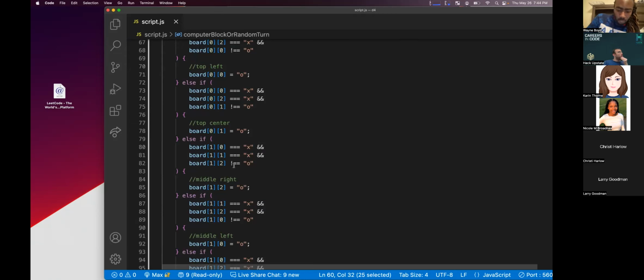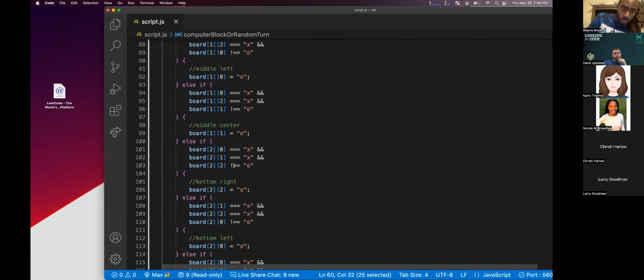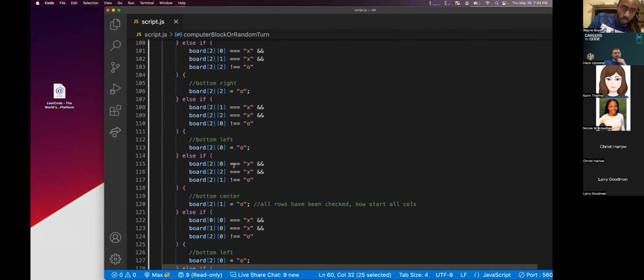I found the bug. Okay. I had board 2-0 where I should have had board 0-2. When I'm on the right side and I do the bottom and the middle on the right, instead of going in the top right, the computer would go in the bottom left. I'm pretty sure Zach actually found that bug last night and it was in my code. And I sneakily went back in last night and fixed that bug. Oh, okay. So that means we didn't. I must have copied it over.